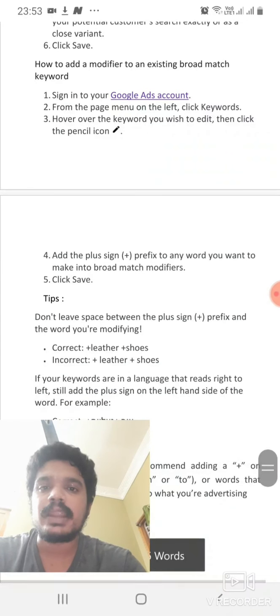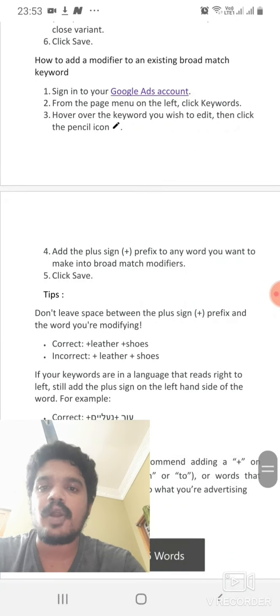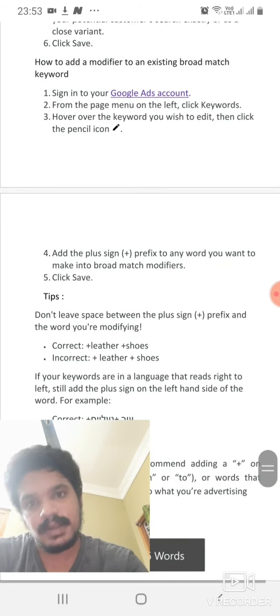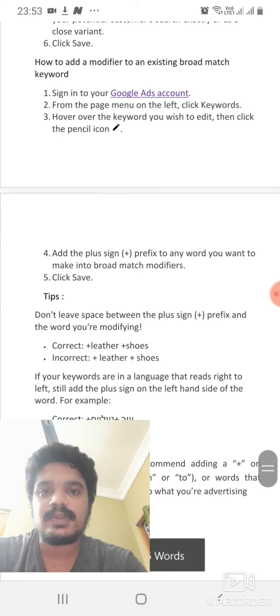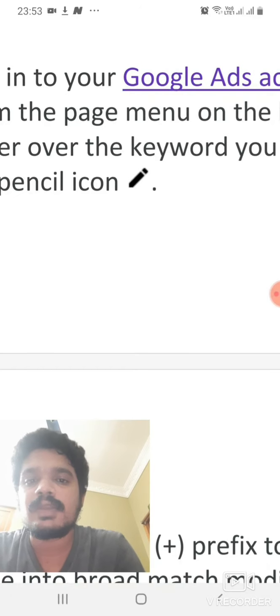How to add a modifier to an existing broad match keyword? Sign in to your Google Ads account, and from the page menu on the left, click on keywords, then whichever keyword you wish to edit, click the edit option, like this icon. See, this icon will appear.